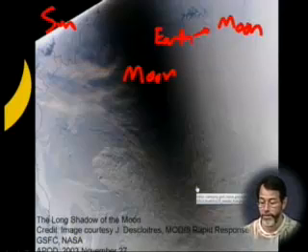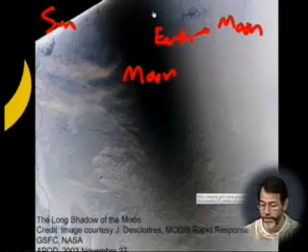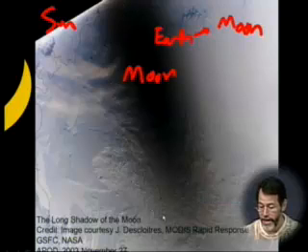Here's another one. It doesn't always appear circular. Sometimes if you're near the limb of the Earth, the edge of the Earth, you can get a long oval. And so in this part here is where there's a total eclipse, and out here is where there's a partial eclipse, and out around there, there's no eclipse.